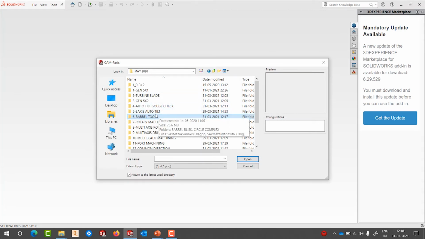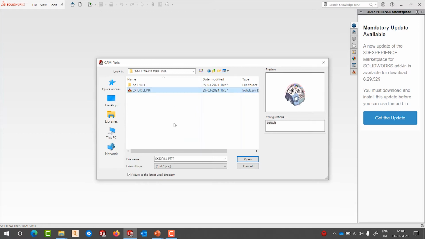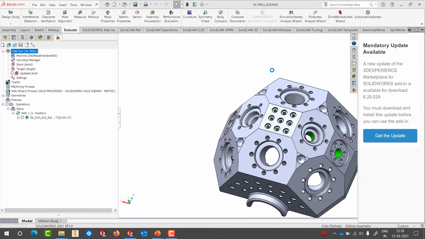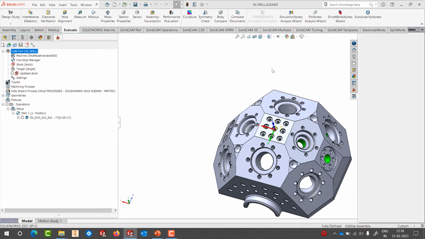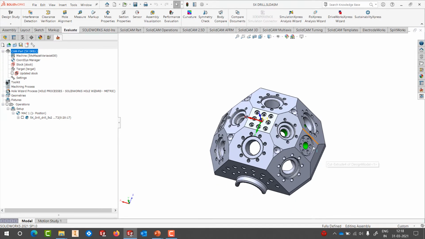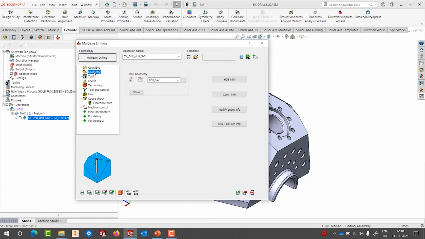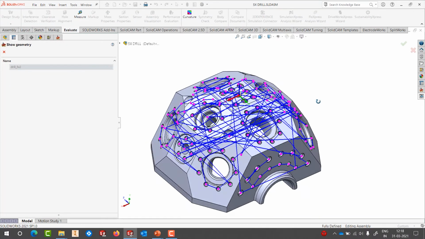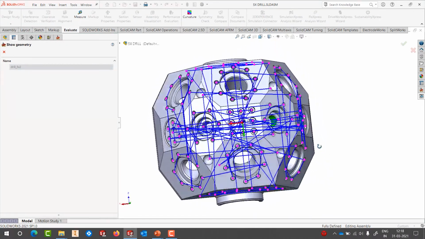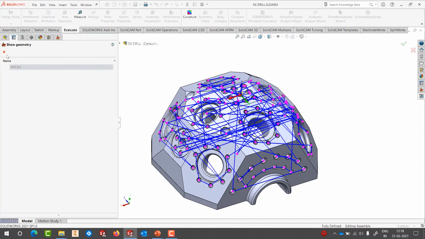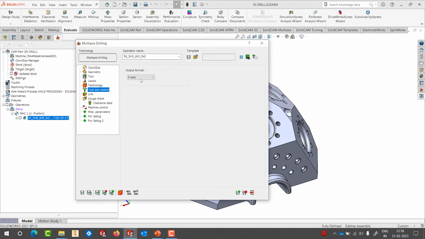So here I'm going to look at multi-axis drilling. I have a part here, and of course also the drill. You can see that if I edit the tool path, I've got the geometry, and if I click on show geometry, this is all the detection that it has done using SolidCAM's feature recognition. It's found the hole and also the vector direction, and based on that, in the tool axis control, I can specify whether I want a 4-axis drilling or a 5-axis drilling,